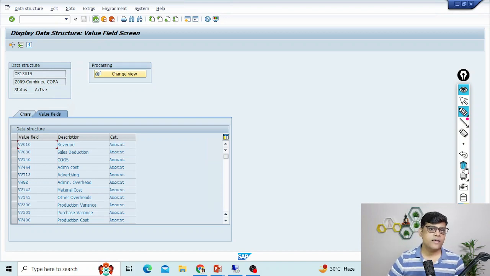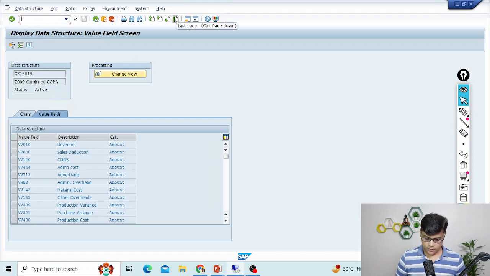One is my outbound delivery with reference to one sales order. Then we will analyze one billing document, and I'm going to show you the margin analysis report. I'm going to show you the combined report, or I'm going to show you the whole report so that you can see here. So back to our reporting part. Here, let me show you some documents, then we will see the COPA report. And the documents are